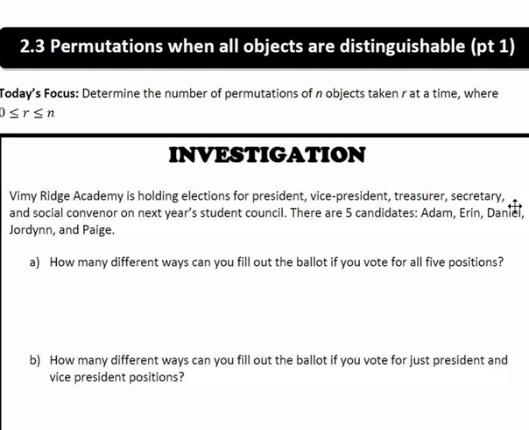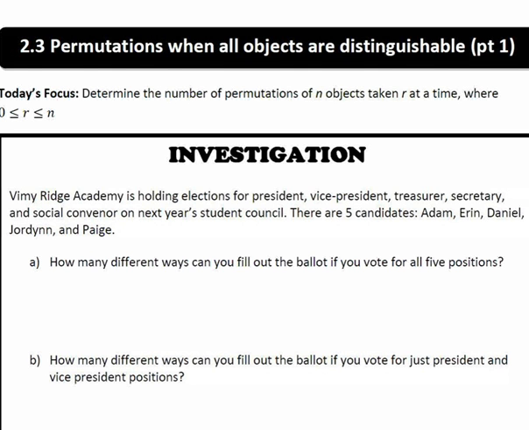Okay, now, this is a very important consideration. But in real life, quite often we don't want all the objects. We only want some of the objects. Like I might want to take just 2 of the 3 pens and arrange those 2. That's a different problem. And that's exactly what we want to look at here. All right, so on our first one here,